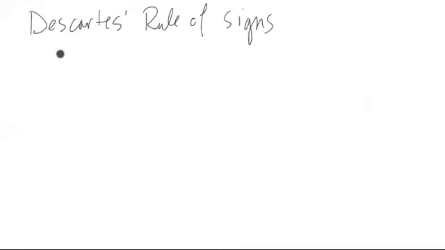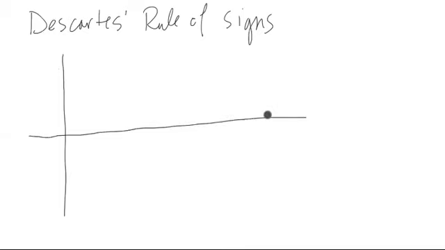Let's talk about Descartes' Rule of Signs. This has to deal with how many zeros there might be of a polynomial that are positive or negative. Let's deal with the positive case right here. So if we have a polynomial,